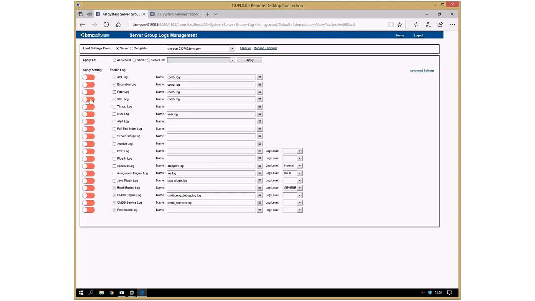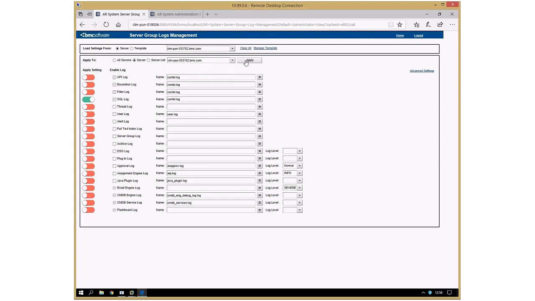Now we need to toggle the apply settings switch. These ones that remain in red, these settings won't be sent to the server, so no changes will be made when the apply button's pressed. Only those settings where the toggle has been changed to green will be applied. So we need to choose which server we want to send the settings to. We loaded them from this server, that's the one we want to change. So let's pick from the server menu